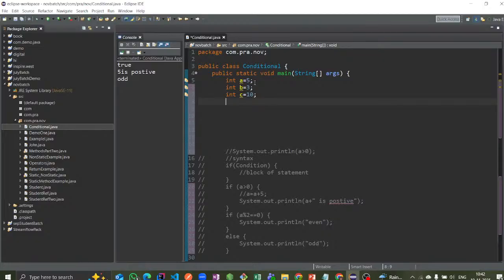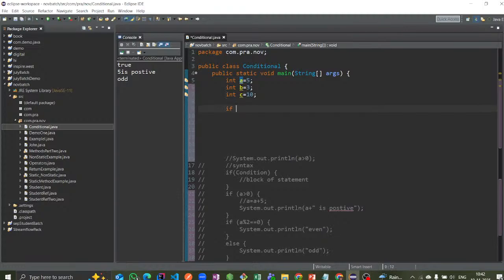Here I can meet different cases. Suppose I want to check A is greater. A is the first greater. What is the criteria? A is greater than B and A is greater than C. If A is greater than B and A is greater than C,